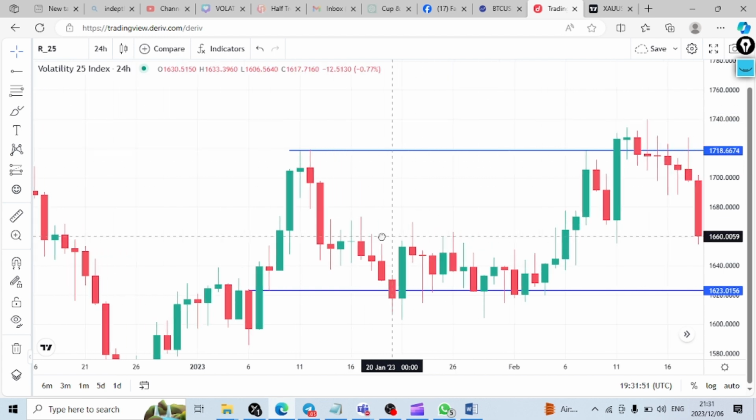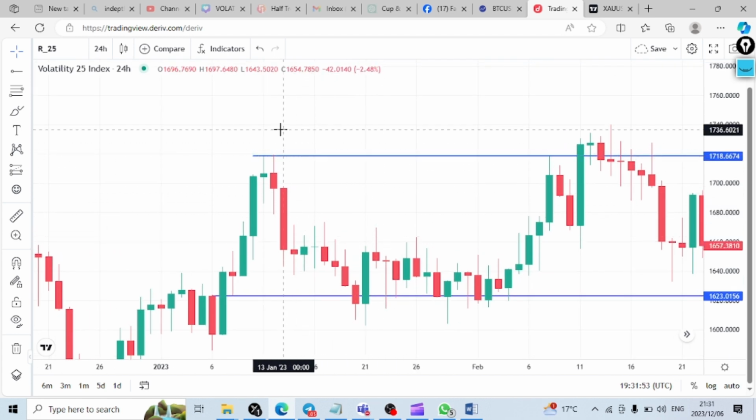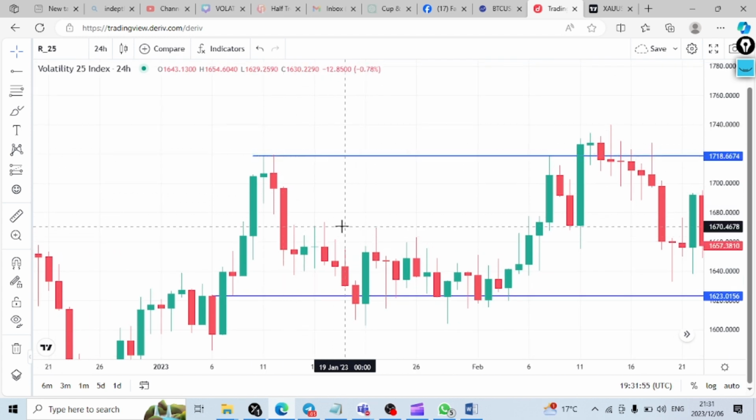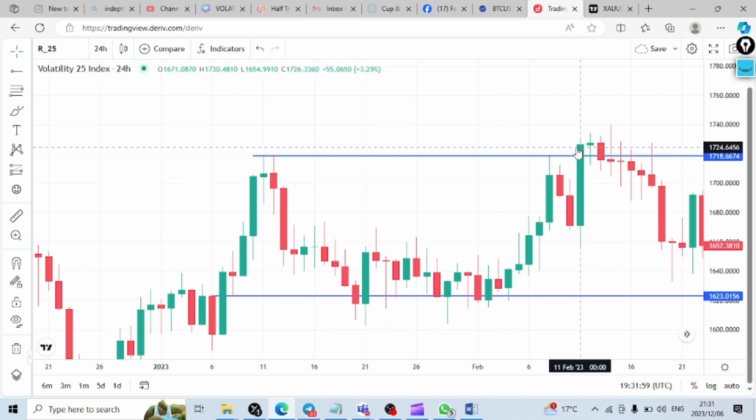So you want to take advantage of those people who have placed those buy orders, because every time you're buying, there's someone who should be selling. So when you buy at this particular level, you want to sell here when you close your trade. Why are you selling at this particular level? Because there is buy side